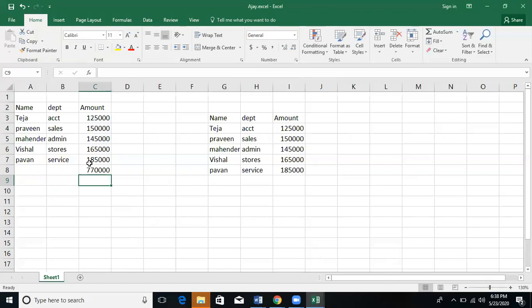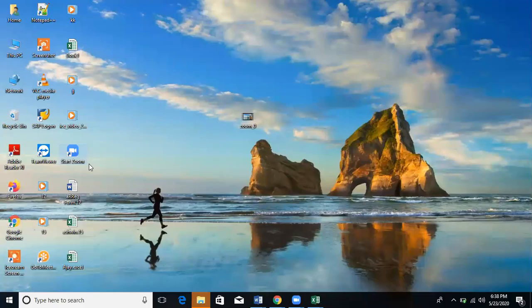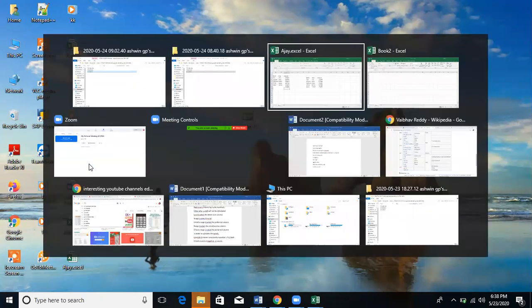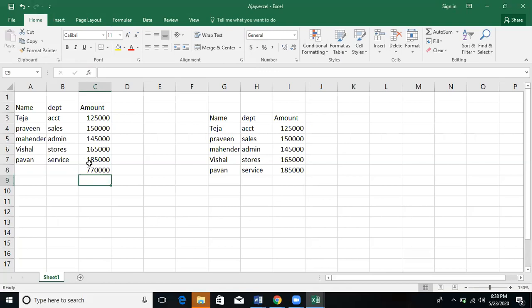If you want to minimize the sheet completely, I use Windows D to minimize the complete application. If you want to choose a particular application, Alt tab. There are many applications here; among them, whichever application you want to select, Alt tab.